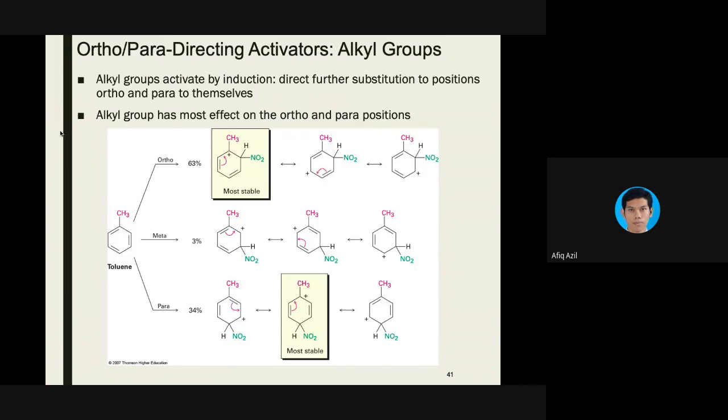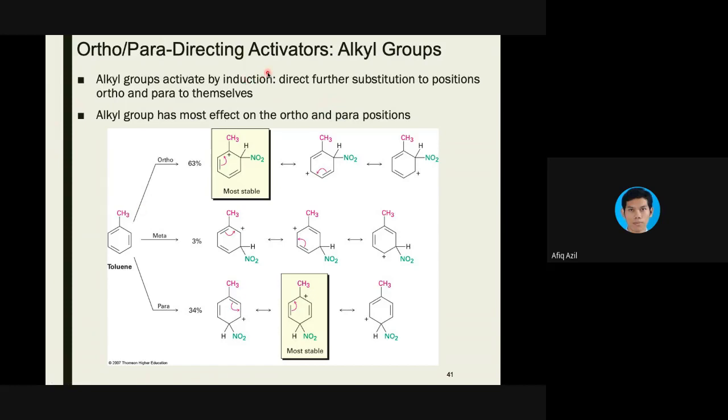So basically, since all of the substituents may affect the benzene ring through either inductive or resonance effect, we're going to see some examples of how these substituents behave in terms of their intermediate structures. Okay, so for example, this methyl group or alkyl group is an ortho-para